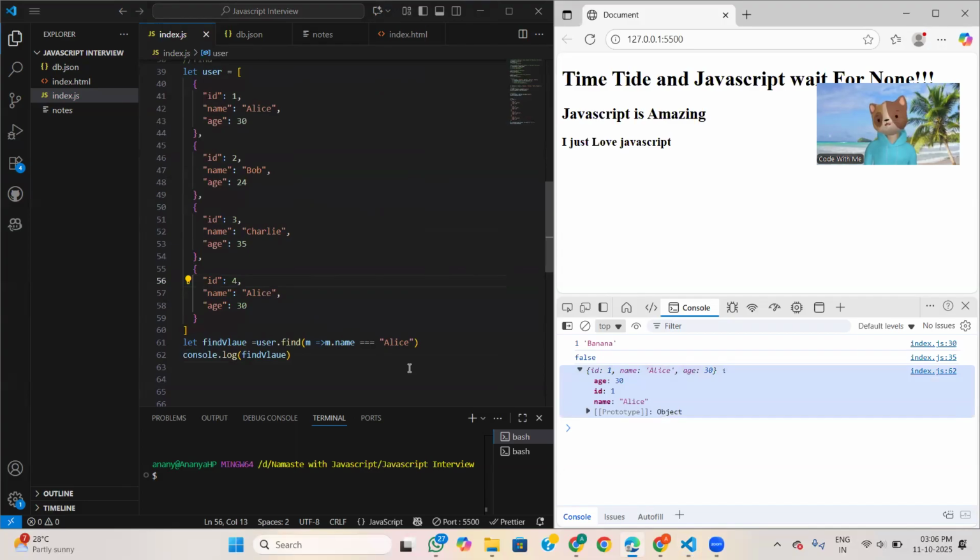So if in some scenario we want only one data at a time, in that scenario we will use that find method.